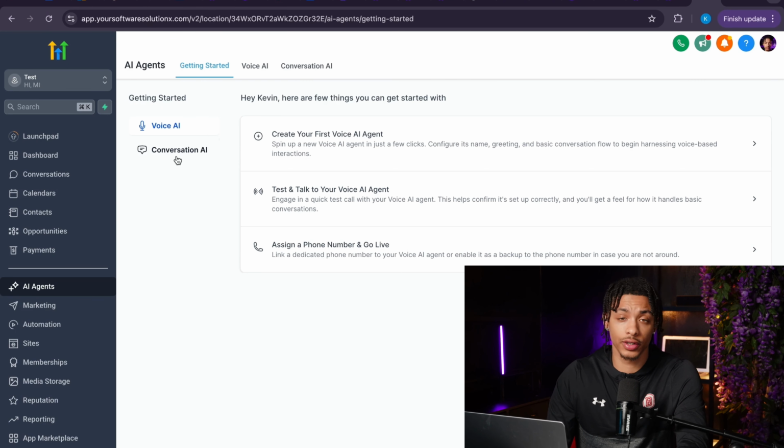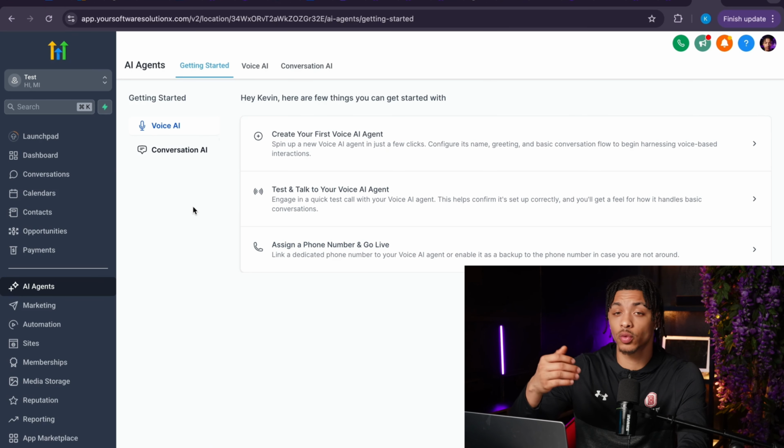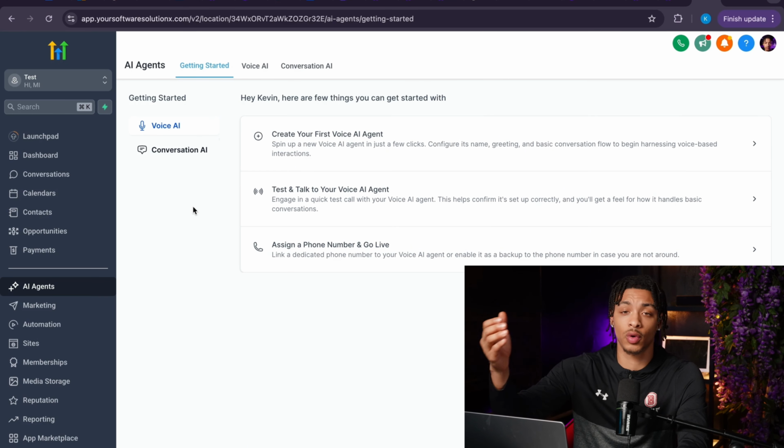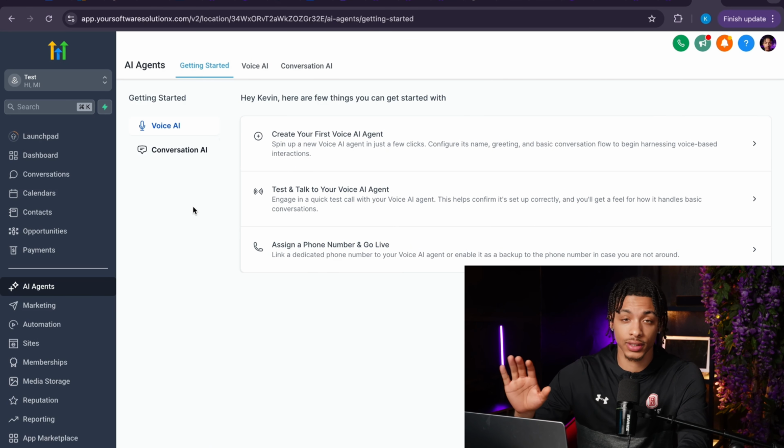But this right here is HighLevel software. If you go and click on their AI agent tab, this is where you can begin to set up some of these AI solutions that answer phone calls, text messages, and automatically schedule and book appointments for business owners, right through this tab. Very simple, very easy. You can master doing this in a 10 to 15 minute video, but I'm going to show you how quick and easy it can be.